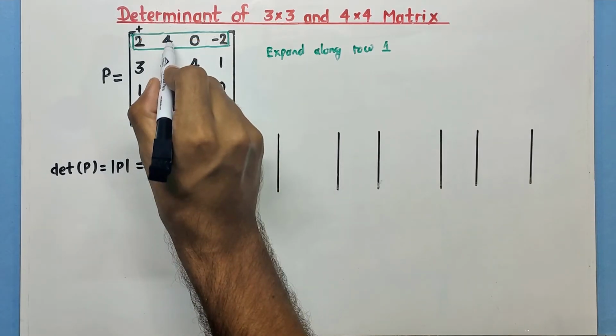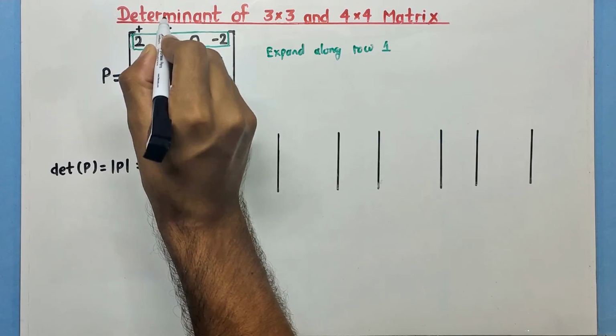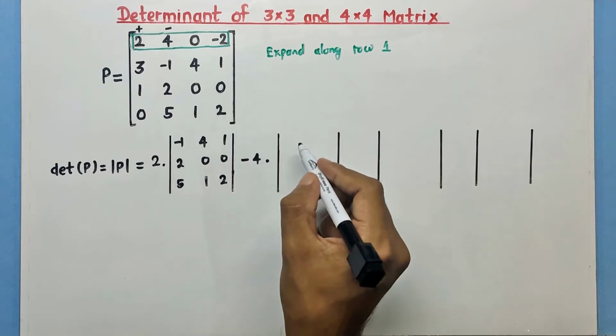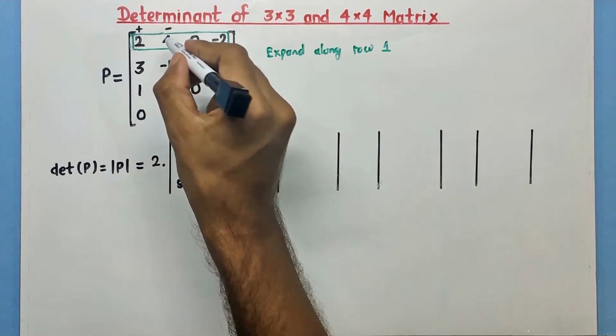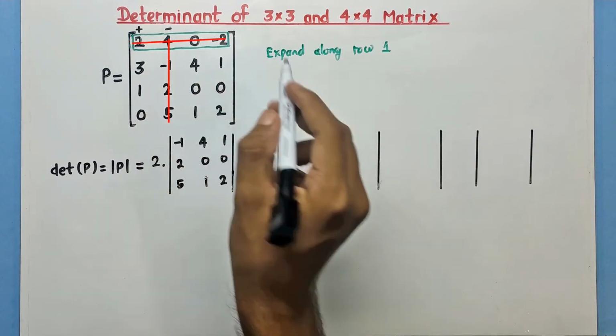Next we have to take the second element of the row with the negative sign. So here we have to change this sign. So we'll have minus 4 times the determinant of the matrix not having this column and this row. So the matrix will be